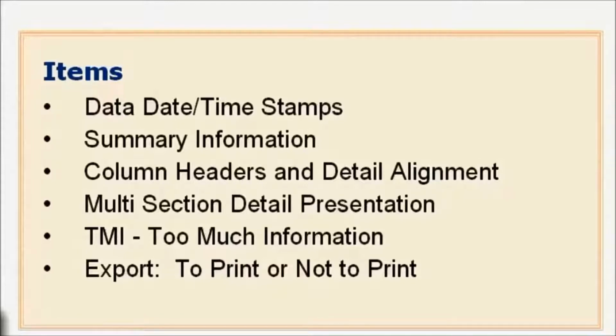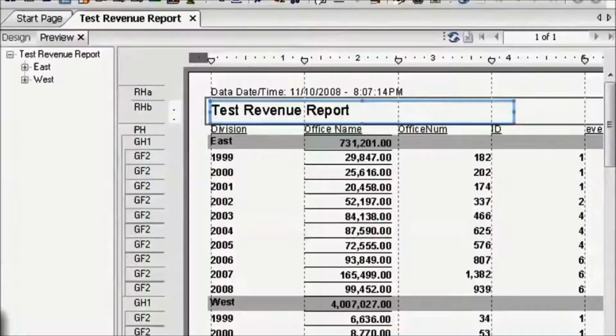Another important piece are the column headings and the detail alignment. You also have the ability to choose the multi-section detail presentation, and then we have a phenomenon known as TMI, which is too much information on a single page. And then of course we have the export options to consider. I like to call it to print or not to print. Continuing,